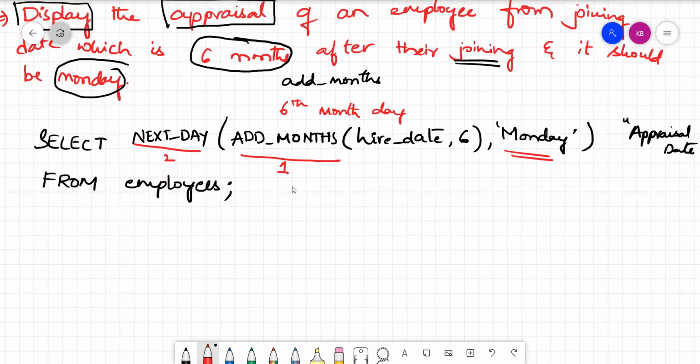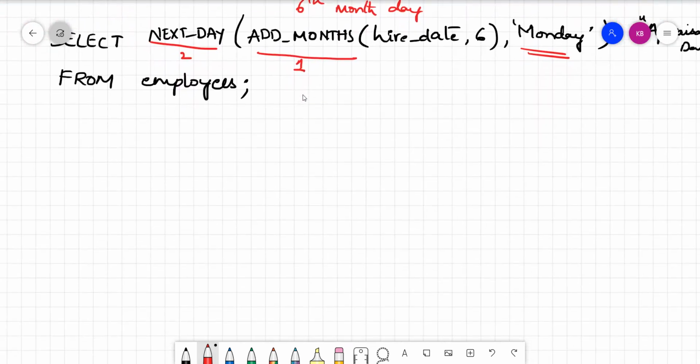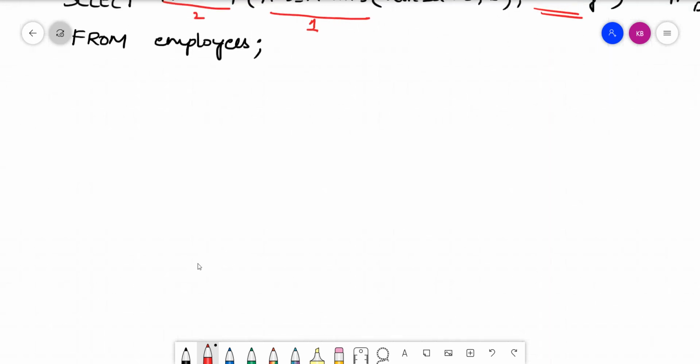Yes, so this is how we can make use of the date functions in our real life. Okay, so the last function that we have in the date functions is the last_day function. So usually when we are working with the dates, we usually get confused.